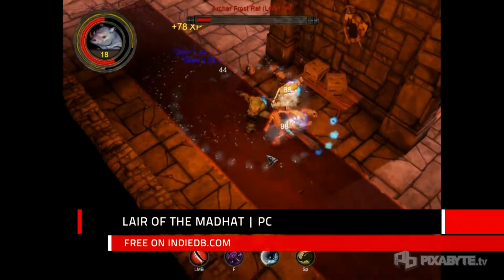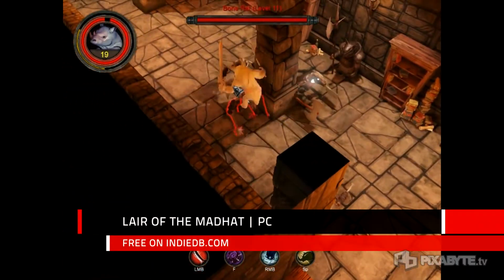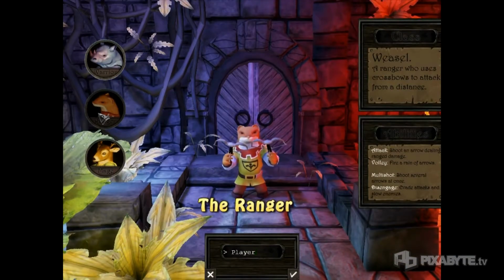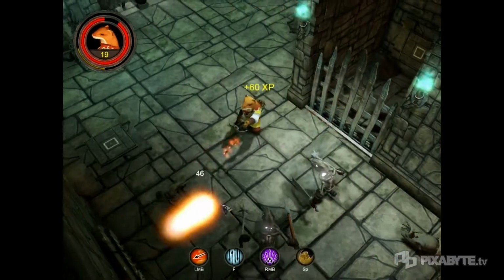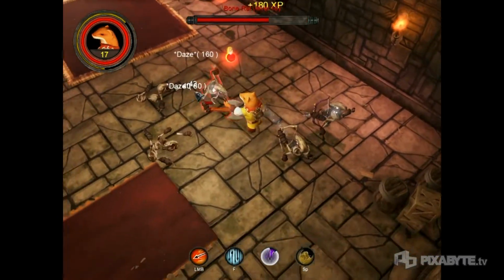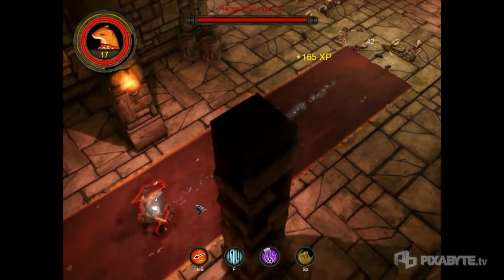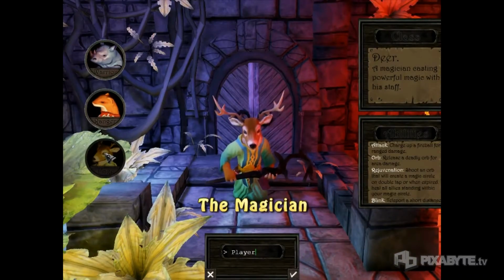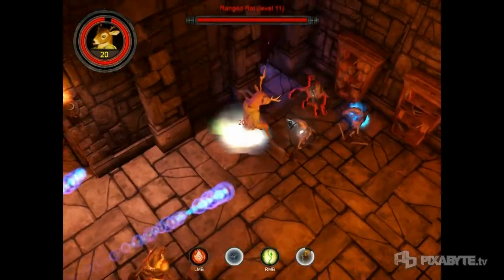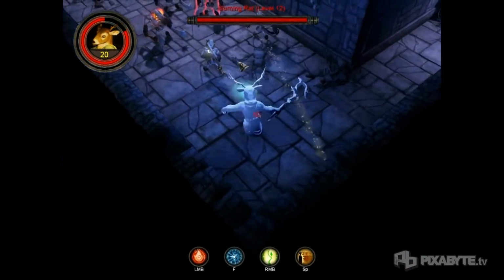First up on the list is Lair of the Mad Hat, an action RPG isometric hack and slasher that was recently released by Many-Hat. In it, you take control of one of three anthropomorphic characters, battling his way through a dungeon in order to upgrade your gear, solve puzzles, and defeat powerful bosses. Drawing heavily from games such as Gauntlet and Diablo, the game also allows you to play local co-op with your friends, so you're not resigned to playing by yourself. If you're interested, the game is available for free. That's right, there's absolutely nothing to lose here on IndieDB for the Windows platform, and had its main launch on